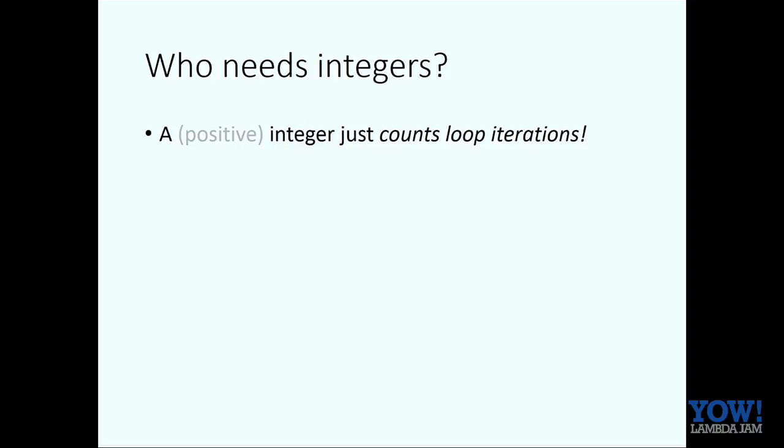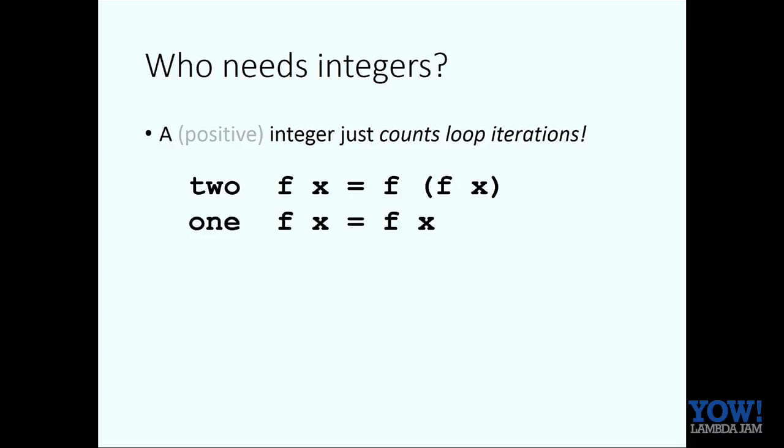What about numbers? Who needs numbers, really? I mean, what's a number for, an integer, if not for counting loop iterations? So let's define 2, for example, to be a function that takes a loop body f and a starting value x, and just calls f twice. There we are. In the same way, 1 will call f once, 0 will call it 0 times. You get the idea. So now, for any positive integer, I can define a function that I say corresponds to it. But how can I convince you that these functions really do represent integers?